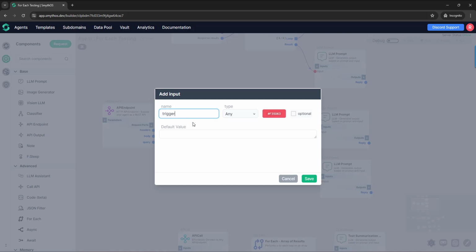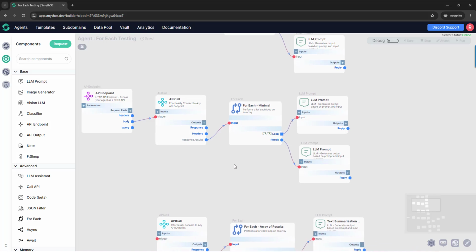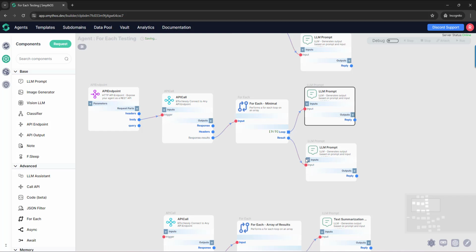We're just going to create a new output in this API call component called trigger. This is just going to be used to trigger this execution because we don't really need any input in this API call component. And now we're going to delete this component from the results,